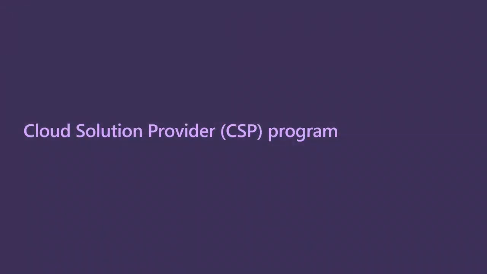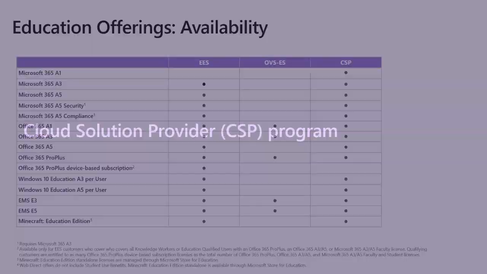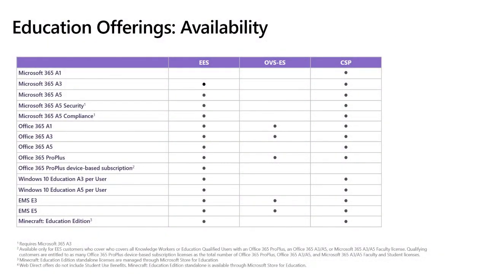So I mentioned that I'm going to be talking mainly around CSP for now. So if you're going to listen to any part, let's listen to this bit here. So let's just have a quick look. We've already had a look at this. We can see here that our oldest model, OVS ES, contains our fewer products. ES, which is only available through our LSPs, contains more, and there's a slightly different licensing platform. So you can amend your agreements, you can amend the number of licenses you have at the point of renewal. That's either 1 year or 3 years.